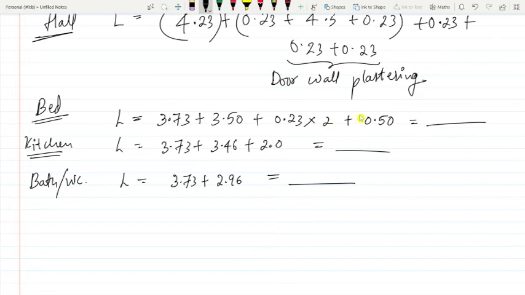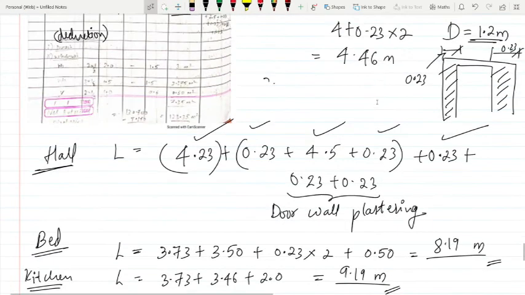So first one, the entire thickness of the bed, like 8.19 meters, and again 9.19 meters, and again here it is 6.69 meters. So all those thicknesses again the same thing, Siraj.